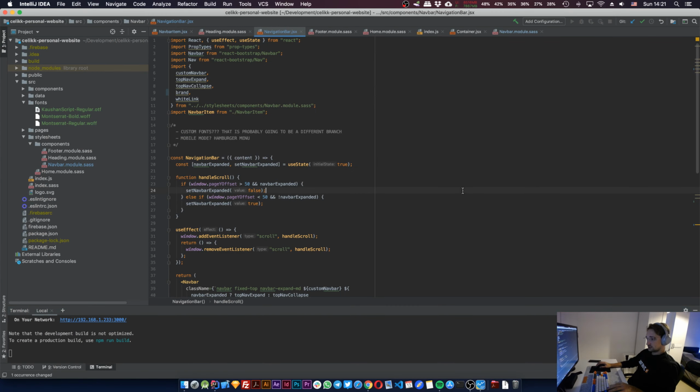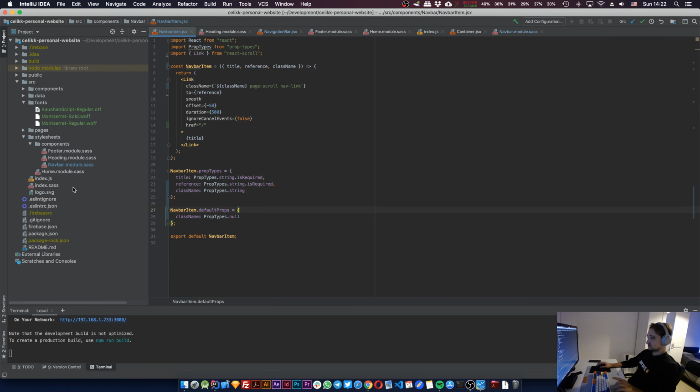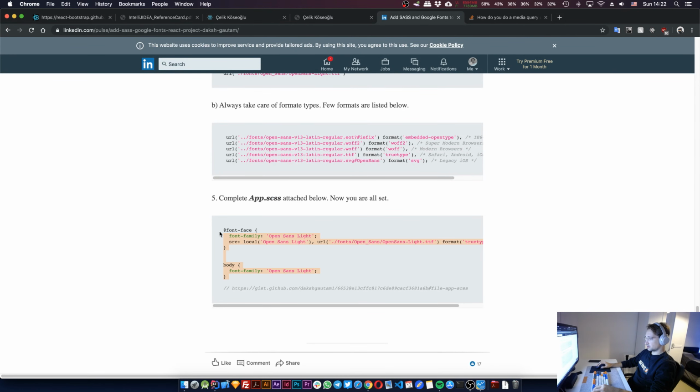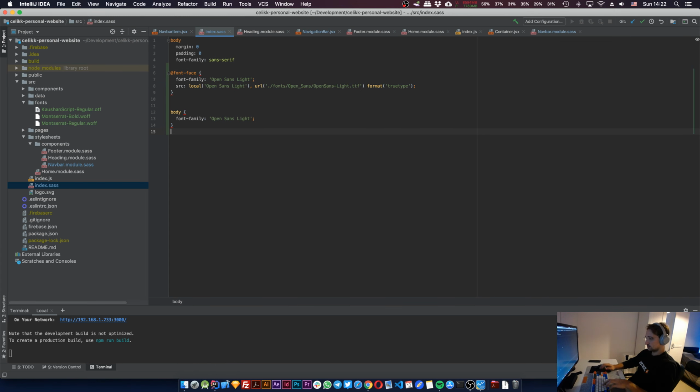Let's go back to IntelliJ, and in here now we are going to import the font file to brand. So how can we do that? Actually, ideally we should import the fonts to here. I can just copy these. No, let's just copy those, go back to IntelliJ, paste them, and then we can convert these over. Well, we don't need that, but okay, I need to learn how to use them. So it's font family. Okay, so to import the font family,